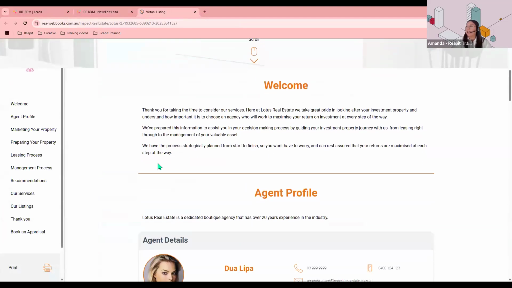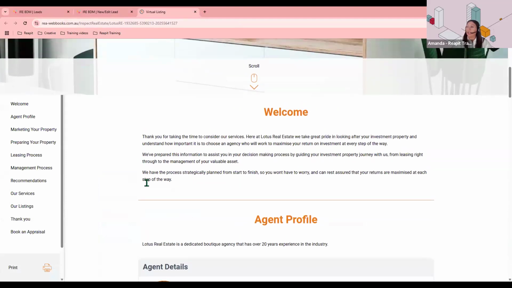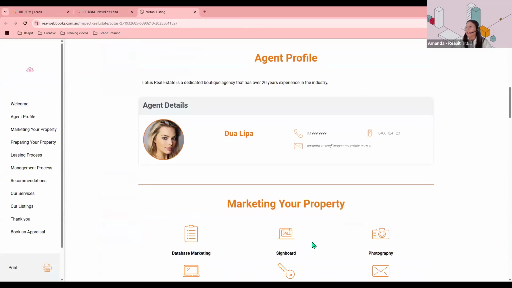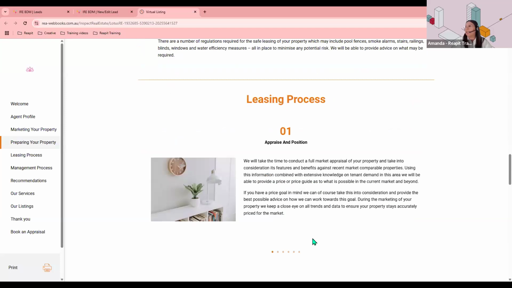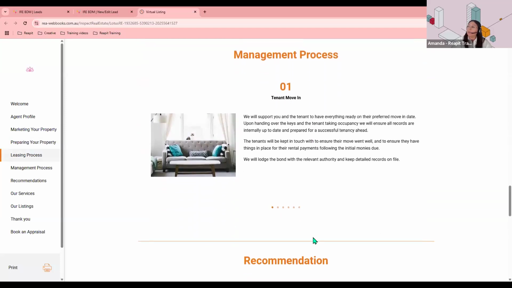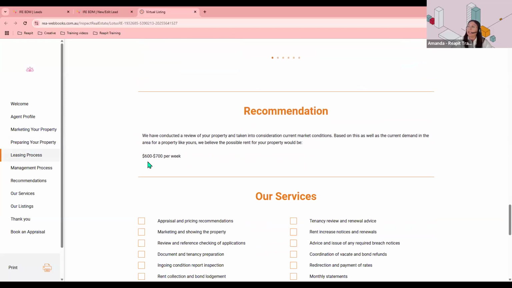If I scroll down, it has a little bit of welcome information. You can pop in your agent profile in the back end. That's the part that you can have customized. Your details, and it will give you information about preparing their property for lease, the management process, any recommendations. So the recommendations that I have placed within their lead, you'll be able to see that there,